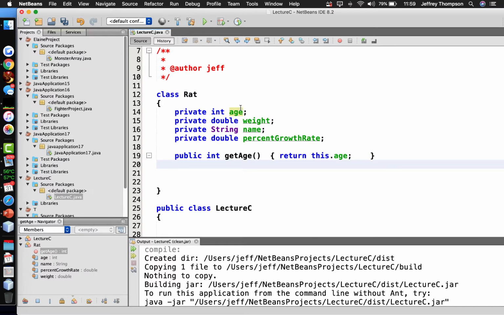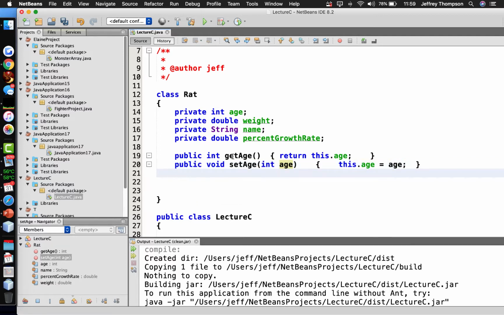Since it's setting it, it doesn't need to return anything, but we need to allow it to pass in an argument. So we're going to declare a parameter variable between the parentheses. Public void set age, capital A, int age, in the parentheses. And inside its curly braces, this dot age equals age, semicolon. Okay, so that took 10-20 seconds worth of typing,